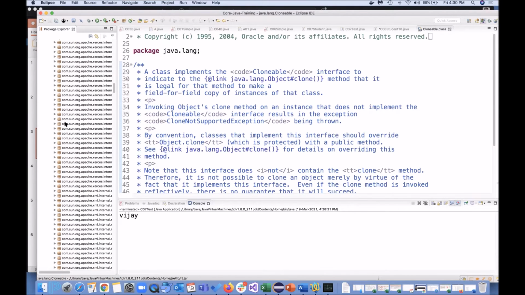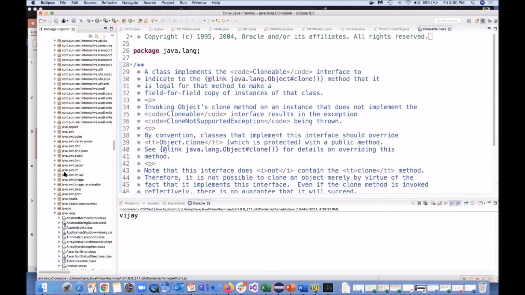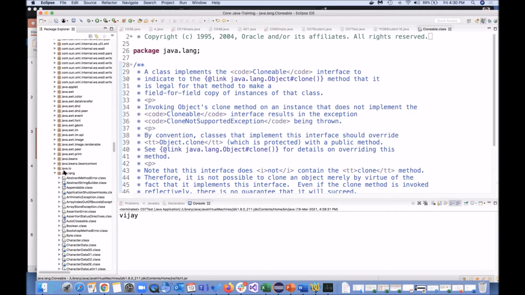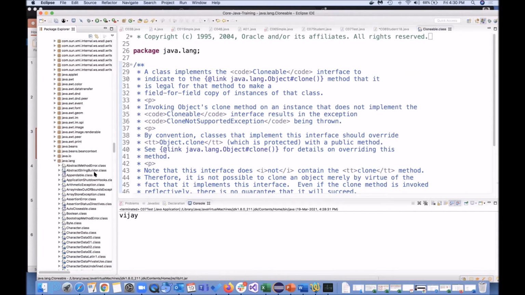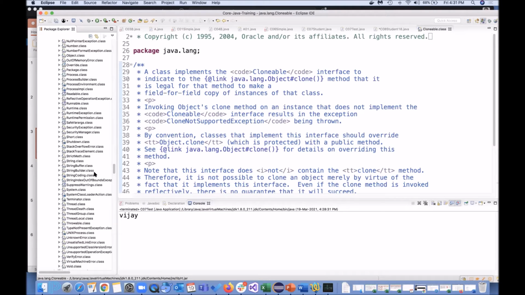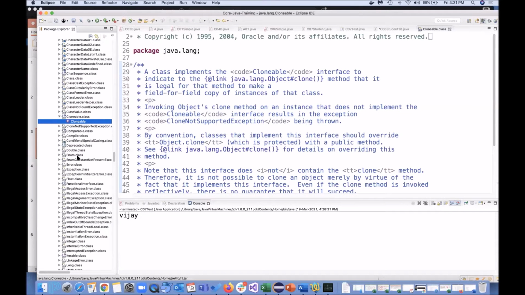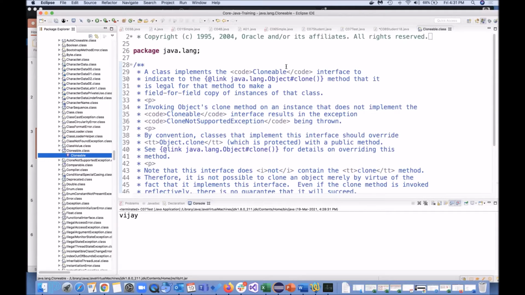We learned how all these packages work now, correct? When I say java.lang, Java is the main package and lang is the sub package. In that package you can see so many classes, hundreds of them, and there is a Cloneable interface.